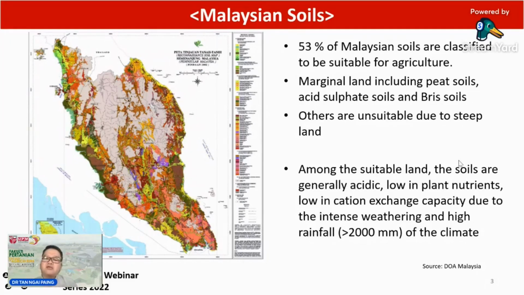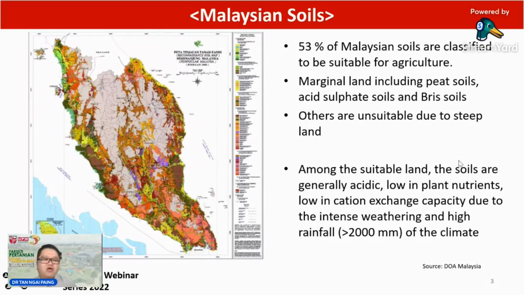This is because of the climate of Malaysia. Our Malaysian climate is very hot and humid, so there's a lot of rain. We are talking about 2,000 millimeters or more annually. And if you look at recently, especially on the west coast or east coast of Malaysia, at the end of the year, we have a very high rainfall, which resulted in flood. And all this, a lot of rain, plus very hot